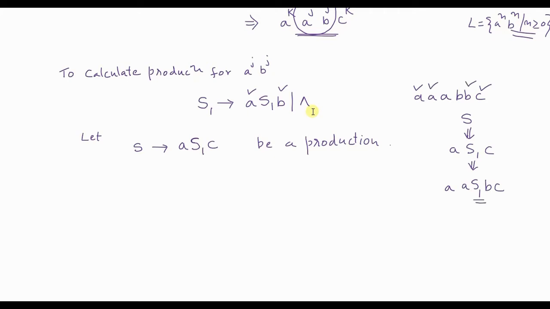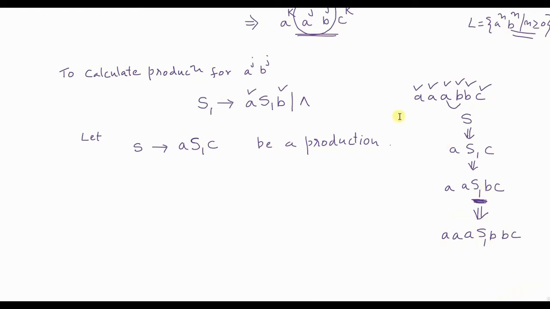Again you want another last pair of AB, correct? So again this S1, when you expand further, first of all you write the existing 2 A's and existing B's and C here. Now this S1 which is there, since I want another AB, I will again replace it with A S1 B rather than null. So that now ensures that for this A there is a B. Agreed?